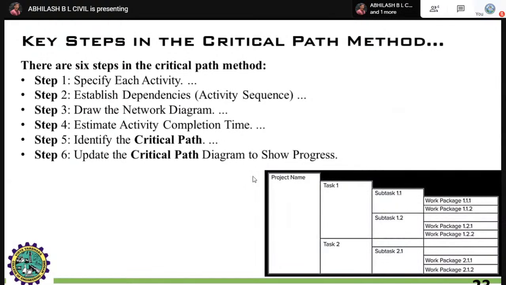Simple construction of a residential building. The first thing is checking with respect to the design purpose of your building. That is the purpose of the building, that is residential building. That is the project name. Next comes the task, substructure and superstructure. You can take it as a substructure and a superstructure, right?